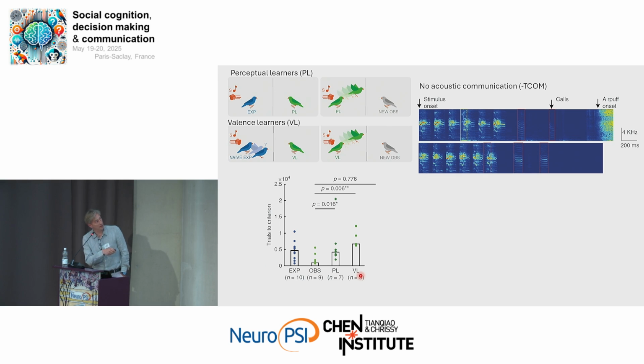So these are examples where here and here and here we see calls that are being exchanged between the two birds. And so what we did, we devised some kind of a Skype for birds, we called it. We put the birds in two separate boxes, acoustically insulated, with a digital communication system that we could turn on and off. We would turn it off between the beginning of the stimulus and the air puff, so they could not communicate with each other.